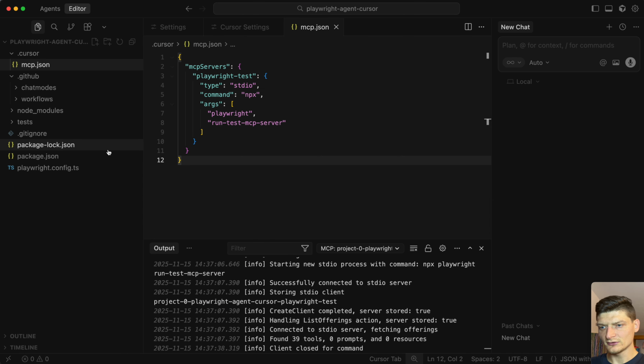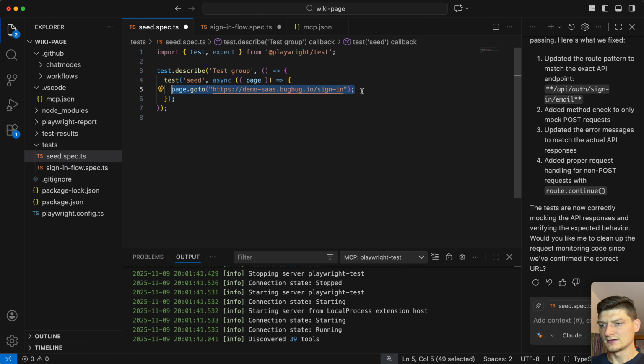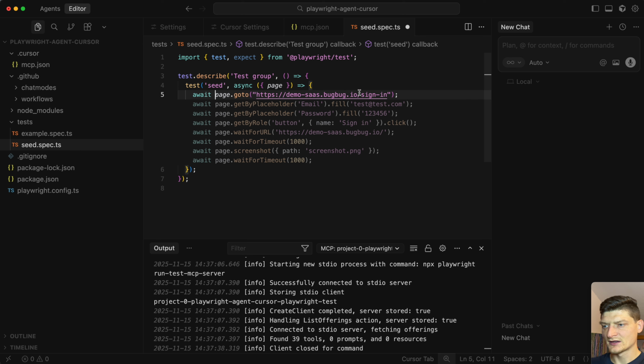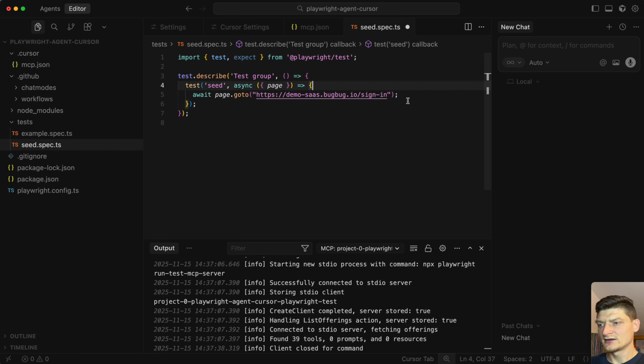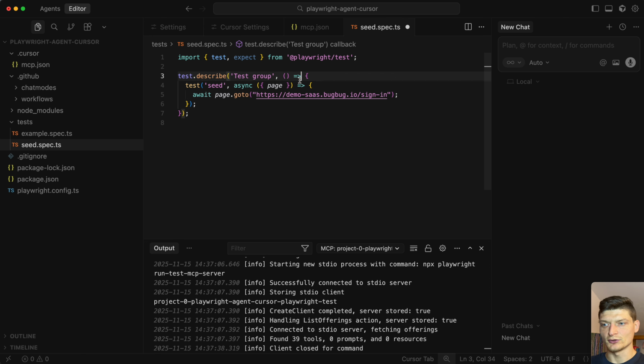to our cursor folder. This, and I see the seed file already. Right, so we can just copy the page code. We are going to open a page and start our test from that page. Playwright Agents allows you to have an authentication section or whatever section you wish before starting to explore the project. It's super useful in case you have some authentication barrier or whatever settings you want to achieve before generating